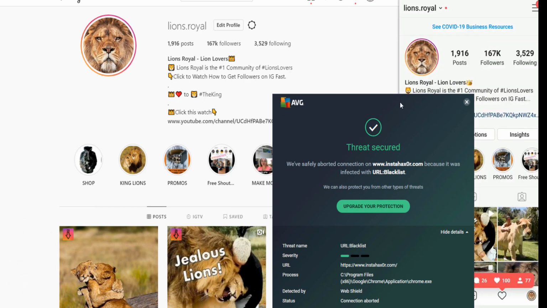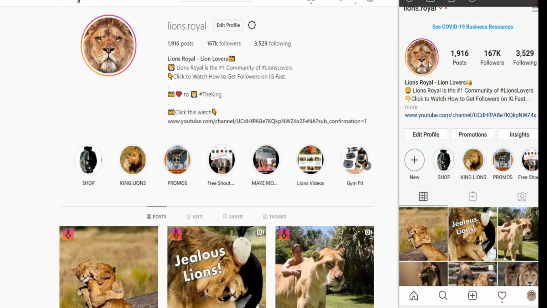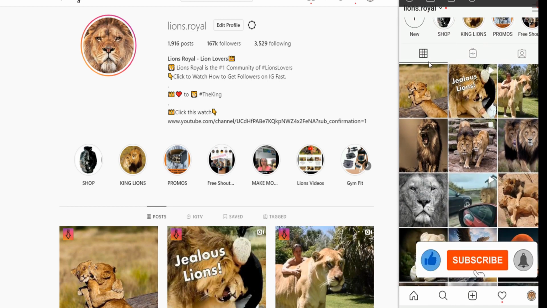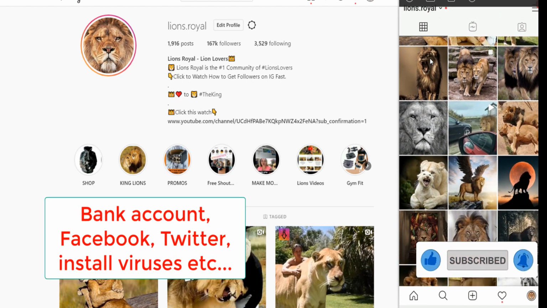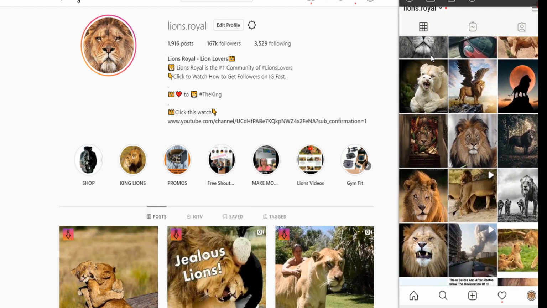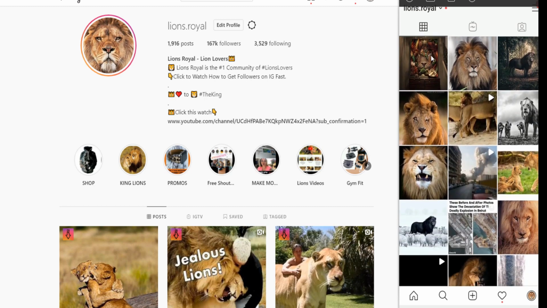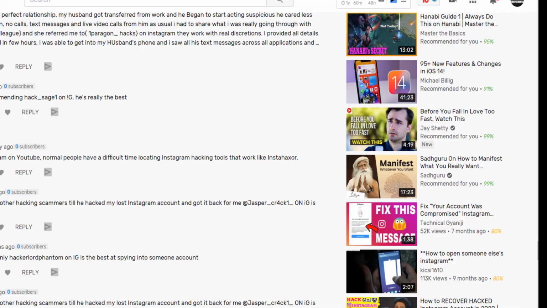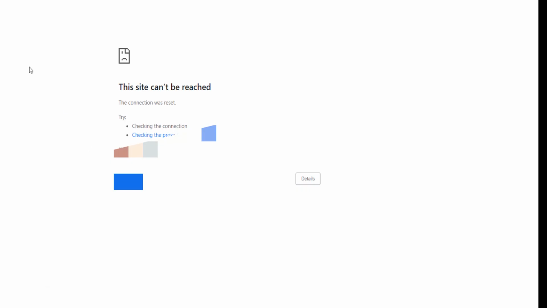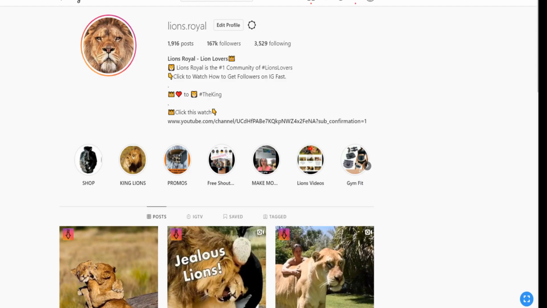If you try to do that from your phone, I promise you they are probably going to hack not only everything on your phone, but your bank account, your Facebook, your Twitter, all your other social media, just from you opening the website and allowing them to have access to your phone. So I would not recommend you go and search for InstaHax0r or try to open it. And so that was it for today.